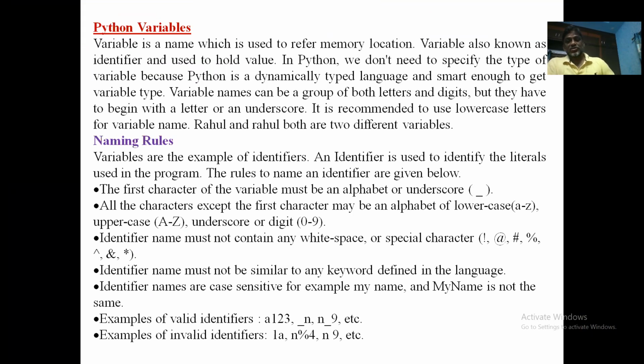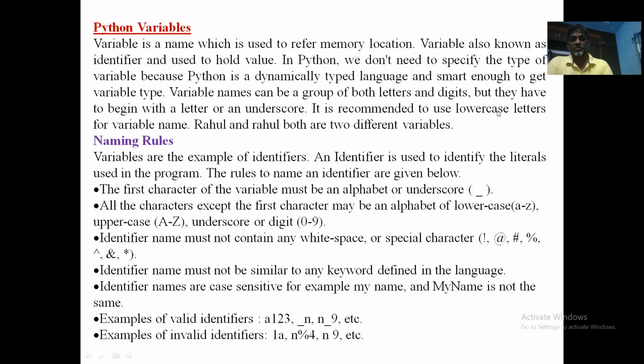And the next topic is Python variables. So we know that generally a variable is nothing but a name which refers to a memory location which we create in our program.